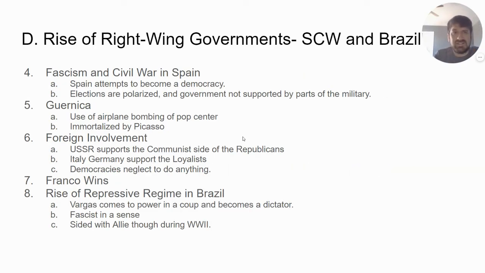Now, this book spends a ton of time on the Spanish Civil War, and I don't quite know why, but we'll talk about it. So, Spain attempts to become a democracy. The King of Spain abdicates. The elections occur. The Republicans, which are a left-leaning group, are able to form a coalition, but a reaction to this left wing, I would not say it's far left, but left wing victory, is there's a reaction within the military of Spain led by a man named Francisco Franco.